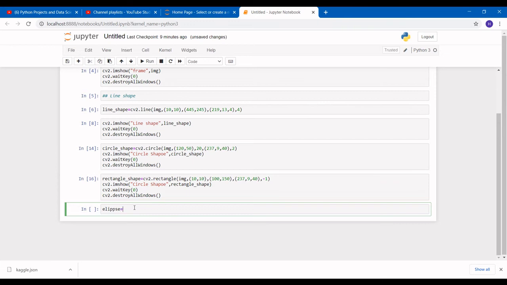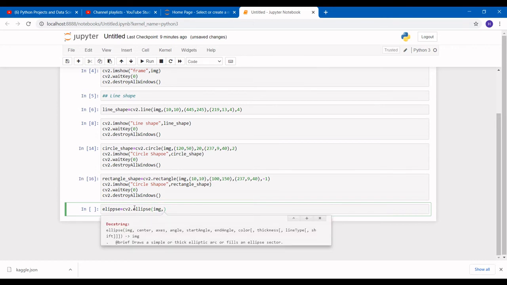For the ellipse, we can use our cv2.ellipse, and it has different parameters: first we have to pass our image, then we have a center, axes, and our angle.